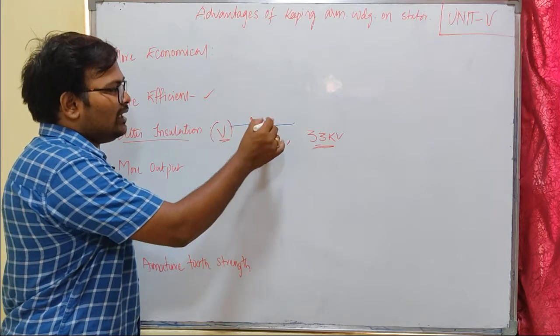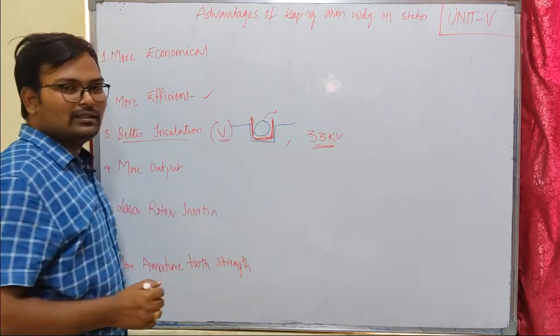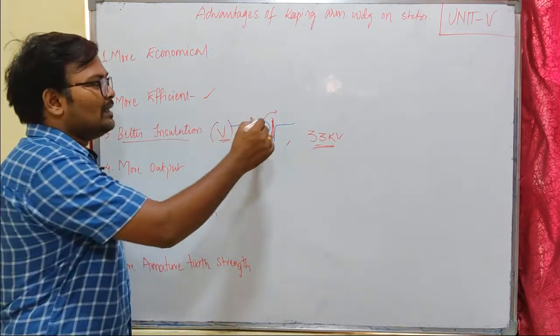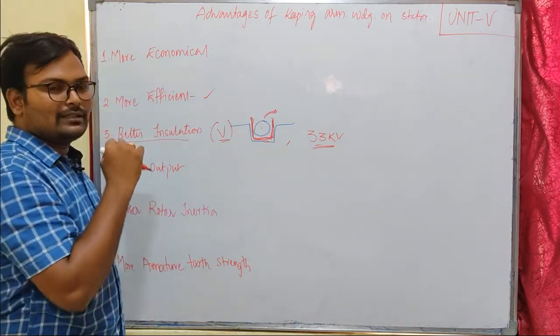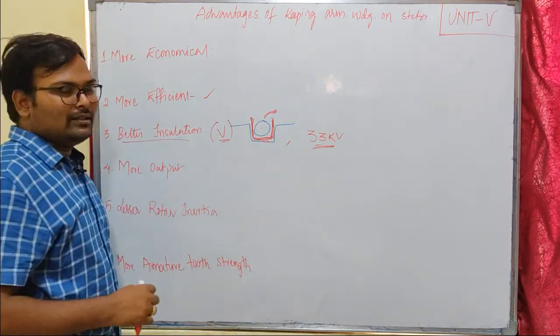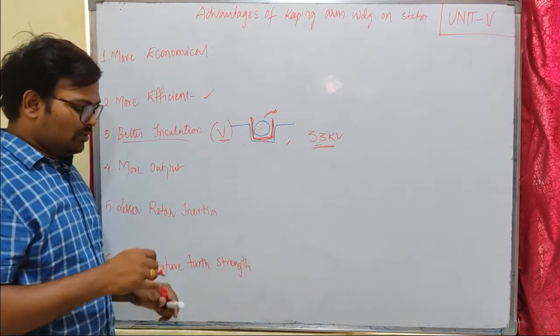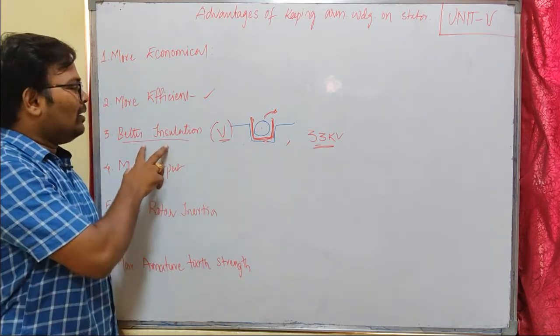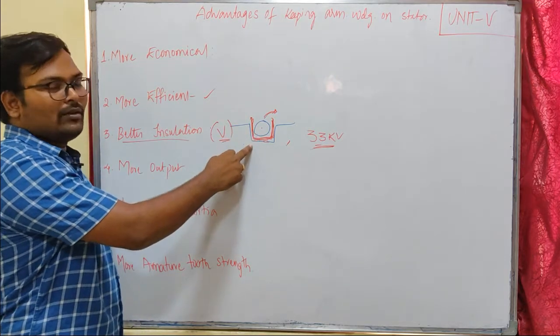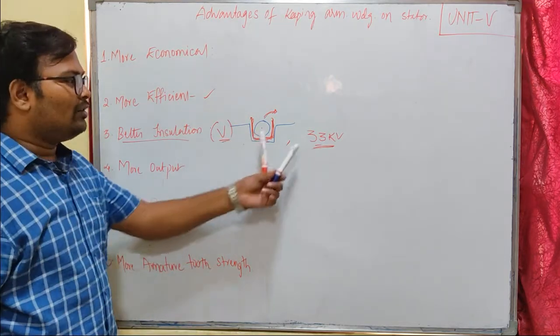It may loosen or get misplaced from these slots, so that will cause a short circuit from conductor to slot, and that will damage the machine. That's why keeping the armature winding on the stator is more useful in case of insulation, so that we can provide better insulation from conductor to slot, and increase the voltage rating of the machine